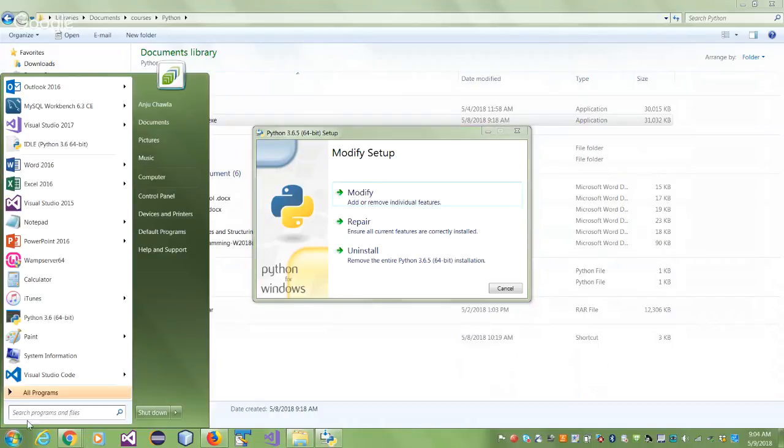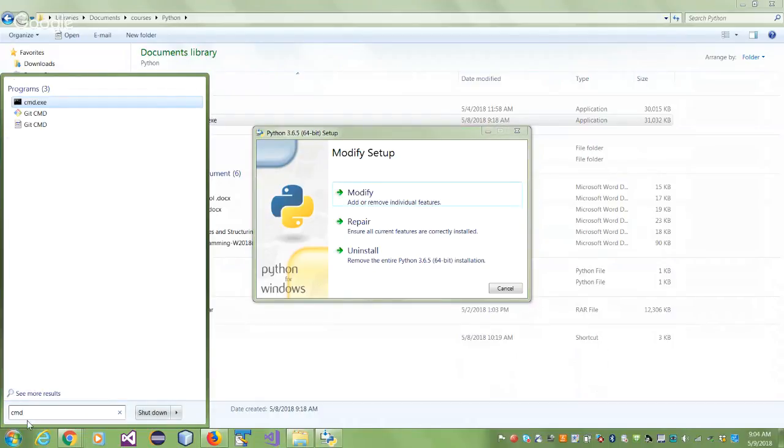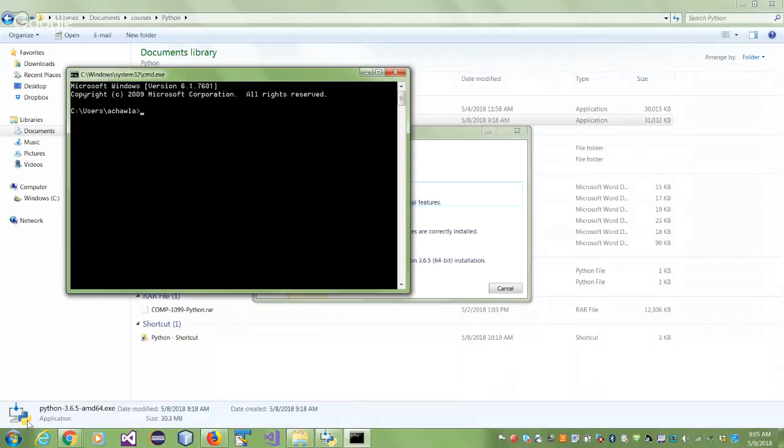So if I open my command window, familiar with the command window, right? Old DOS users, old days. And I've already installed Python, and Python is sitting somewhere. I don't know where, but it is sitting somewhere. I can run Python right from my command line. Right? So why is this happening? Because I've included Python in my path in my environment variables.